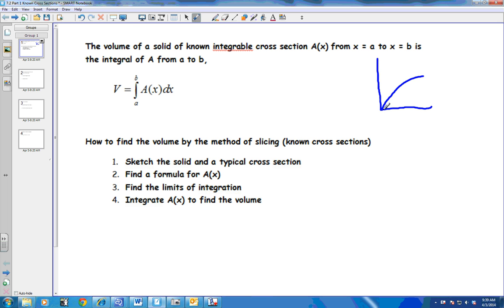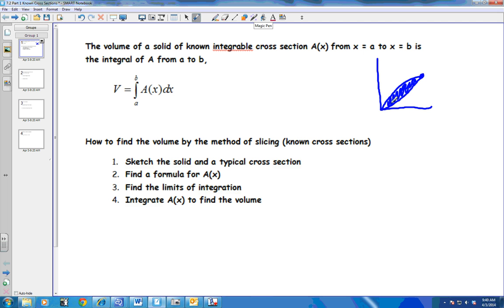So if I had these two curves, I knew how to find the area of this. If this were in terms of x, it would be my upper curve minus my lower curve. So what we're going to do now is find the volume of, let's say,